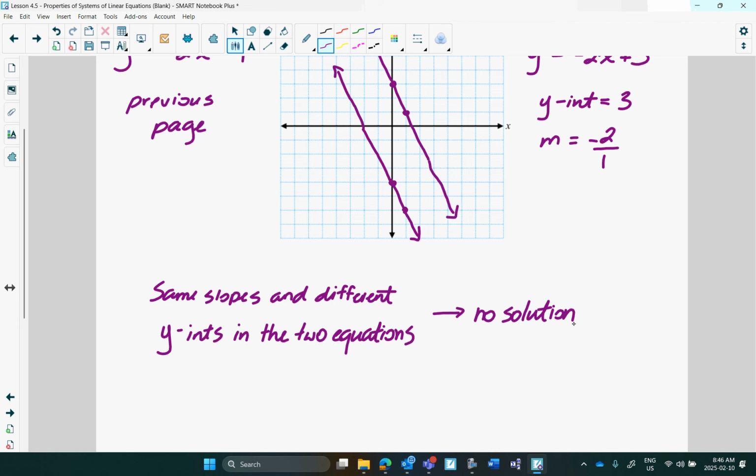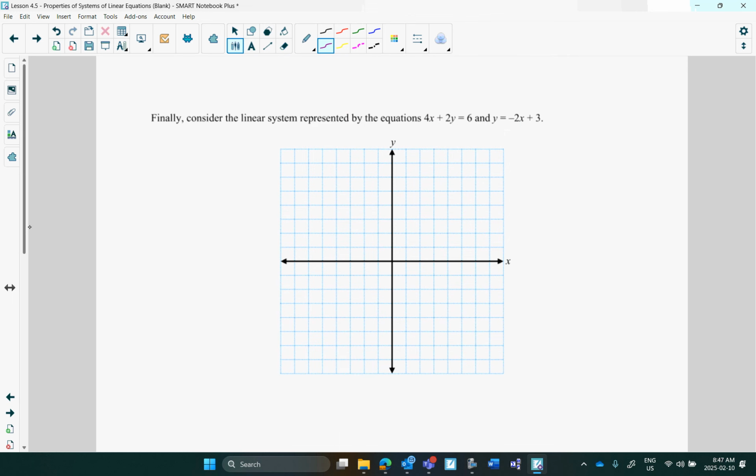There's another scenario. These two. Well, this one was one of the same ones we graphed on the previous page. Y-intercept of 3, slope down 2 to the right 1, and it looked like this. This one